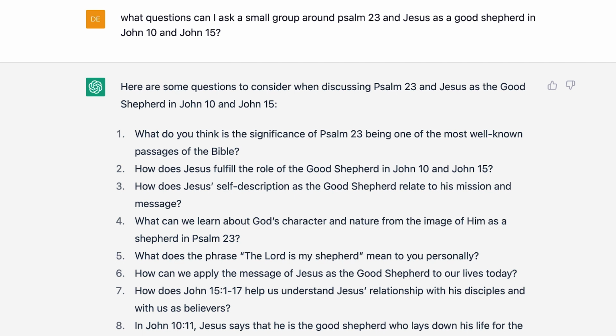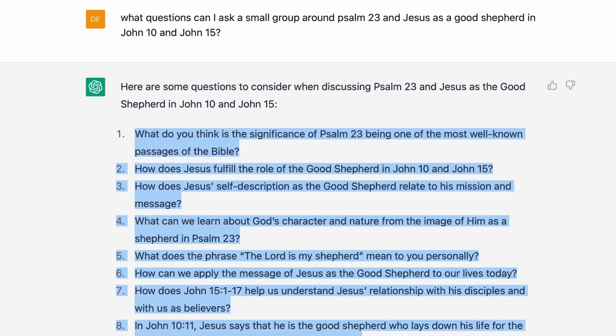And the third example that I've done is I've asked ChatGPT, the artificial intelligence here, to connect Psalm 23 to Jesus as the Good Shepherd in John chapter 10, and I've thrown in John chapter 15 where Jesus tells the parable of the lost sheep. And here we go straight into 9 questions that will help you to facilitate group conversations in your church midweek,